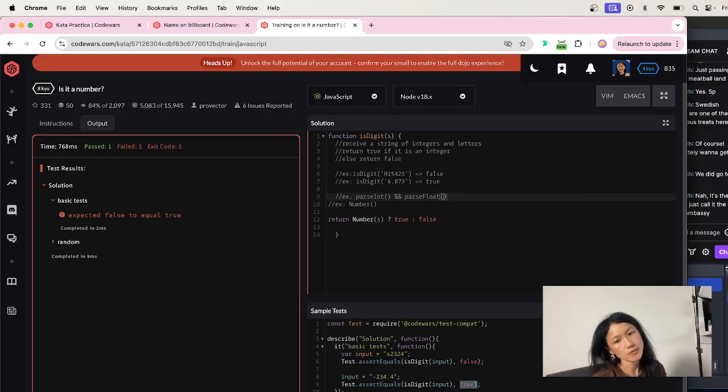And is the number function only looking at full numbers? Return number of s is true, and here you could add another conditional statement to